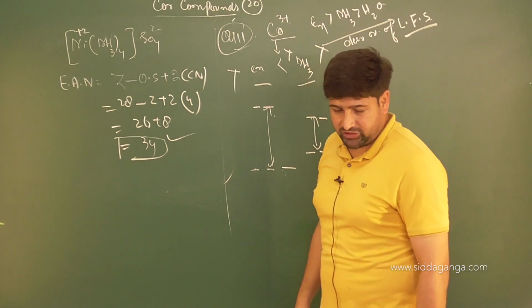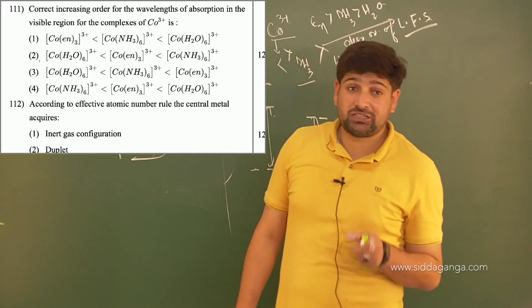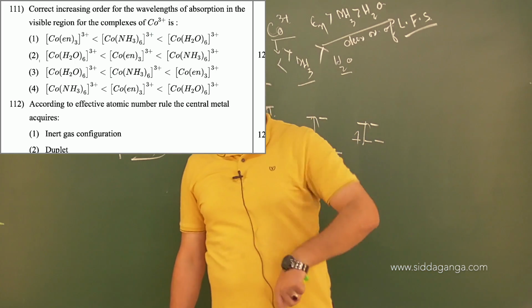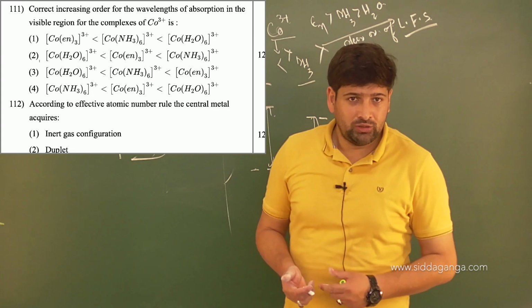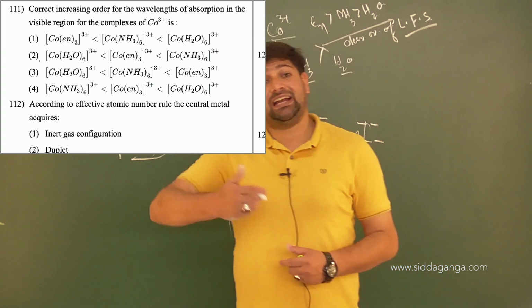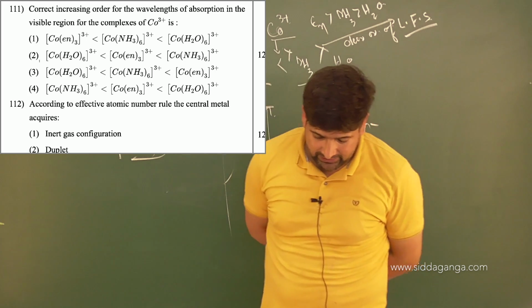So you can look on the option, children, you can see that complex of En will have less wavelength compared to NH3 compared to that of water. That means it's very difficult to excite electrons in En because CFSE will be more. Excellent. Question number